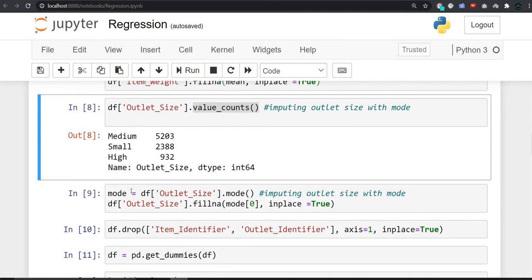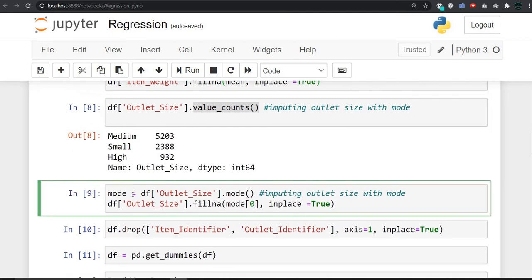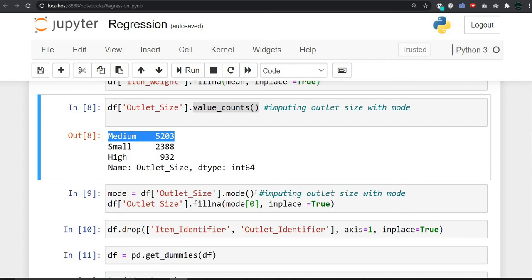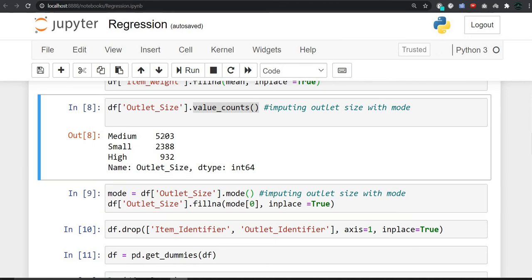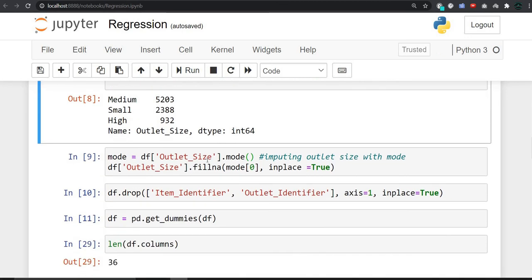After that we are using mode, because mode tells what is occurring most frequently. We get the mode of outlet size and fill with it, meaning we fill it with medium, as medium is occurring frequently here. As you can see, it is occurring 5503 times, and we are filling it with that.